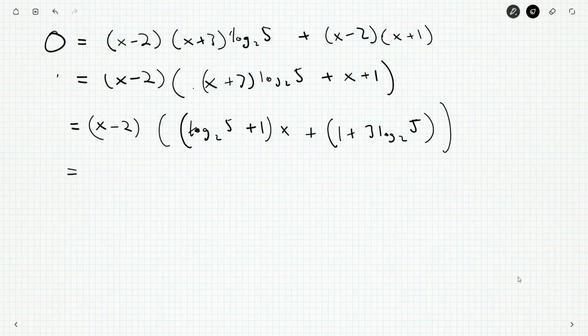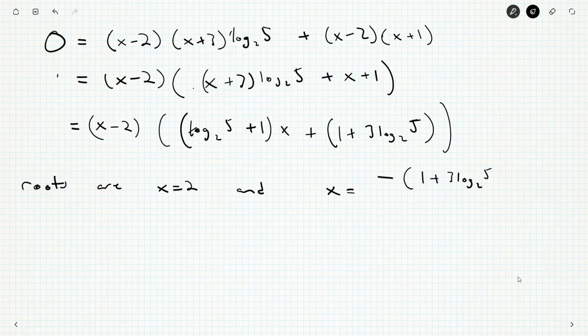Okay, and so x minus 2 here. So from this point we can say the roots are x equals 2 and x equals negative 1 plus 3 log base 2 of 5 divided by log base 2 of 5